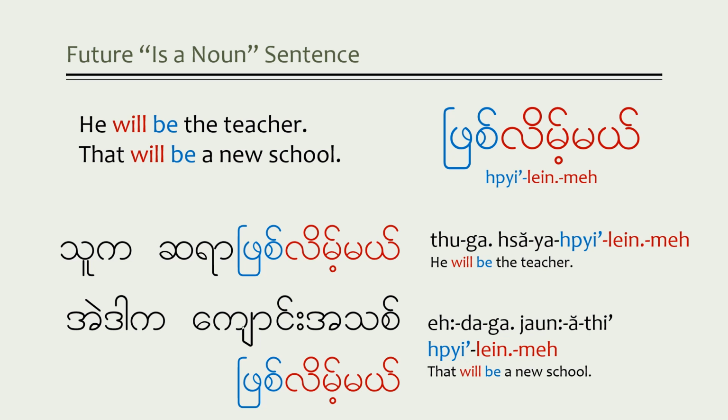So these are events that you expect to happen based on some knowledge you've obtained, but it's not really as a result of any intent on your part. Now again, don't fret over all these details. The main point of this lesson to remember is that anything you do or that will happen in the future is going to end with the particle me. And if you don't get the other particles added, it's very likely you will still be understood.